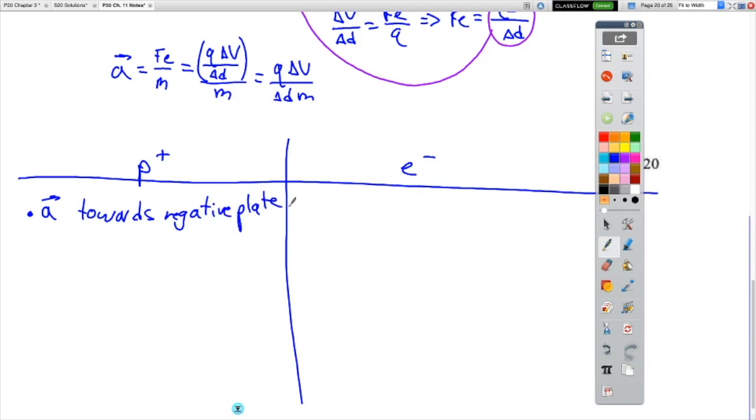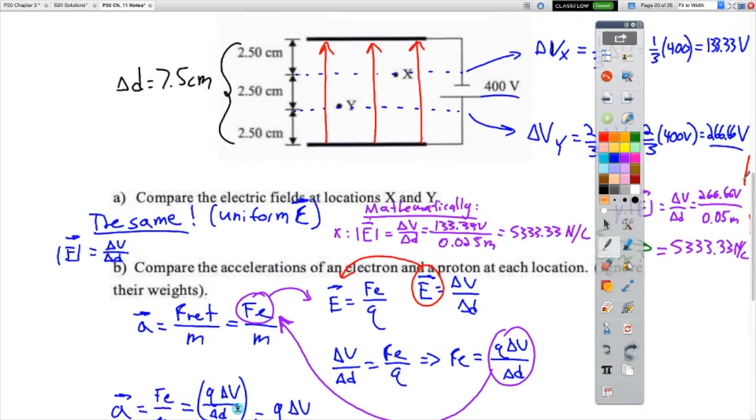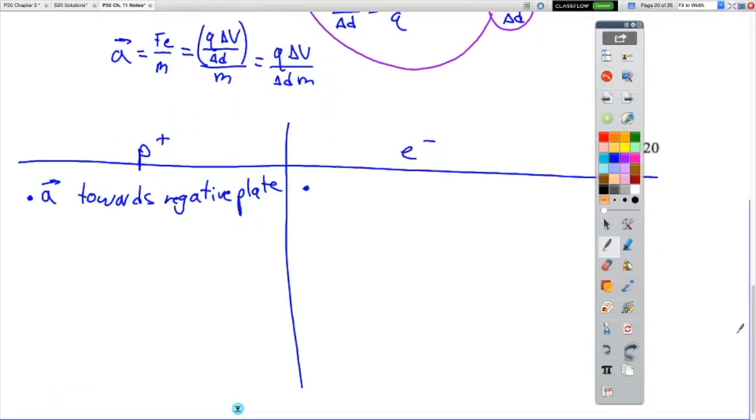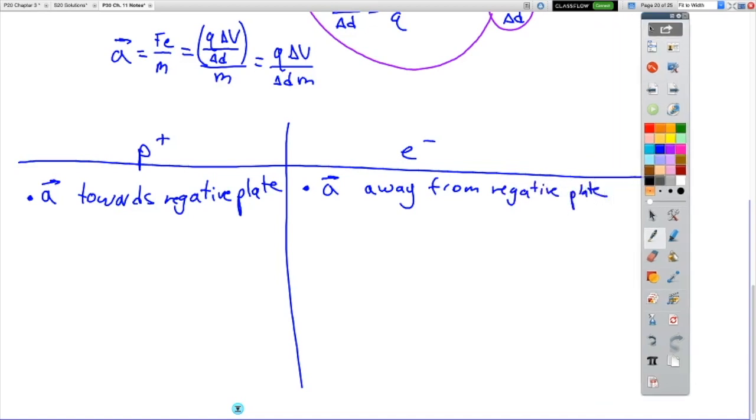Okay. What about for the electron? Well, it's negative, so it would move against the field, but also, even simpler than that, it doesn't want to be at the negative plate. It wants to accelerate down to the positive plate. Opposites attract. So acceleration is away from the negative plate, in other words, towards the positive plate. Okay, so now,